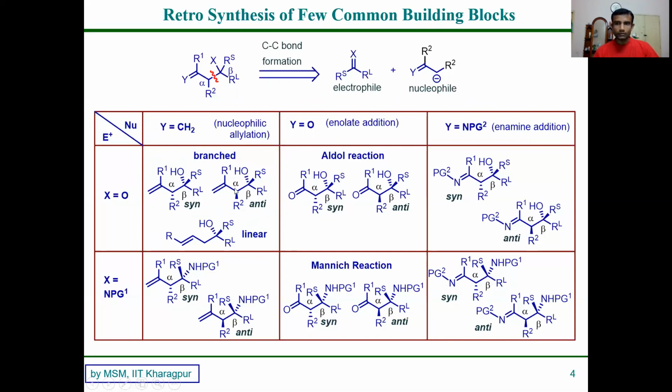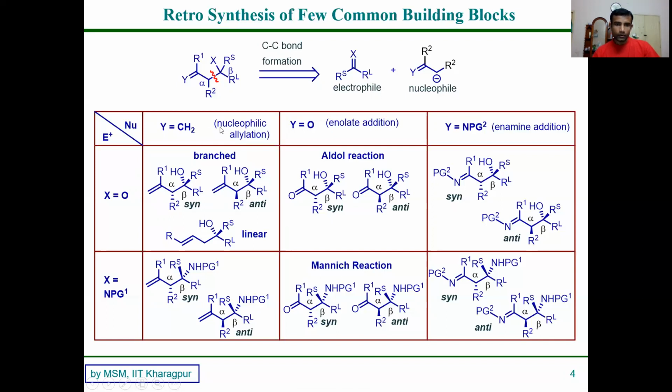So how can you make all 4 in enantiomerically pure form? That's a very interesting problem. Also, the reaction can occur through the least hindered site, and you can get the linear product, so only one chiral center. Our major focus will be on this branched type of product. So this is your homoallylic amine you are getting.